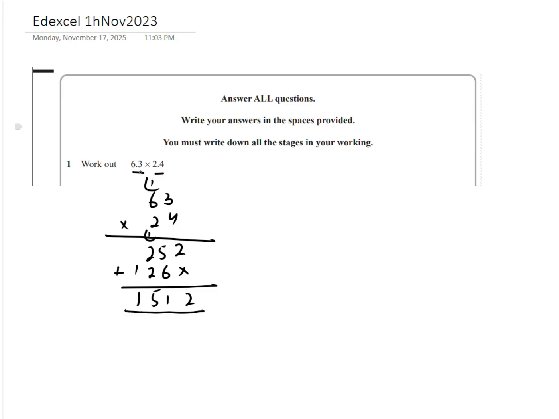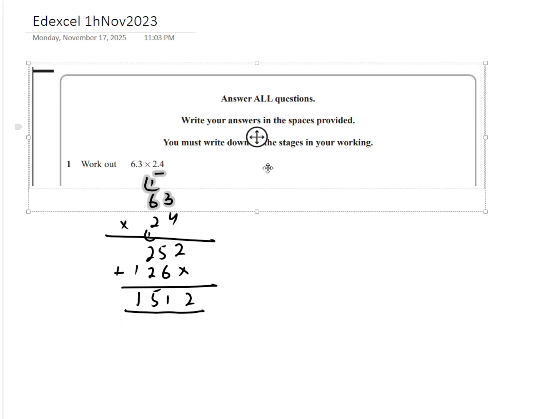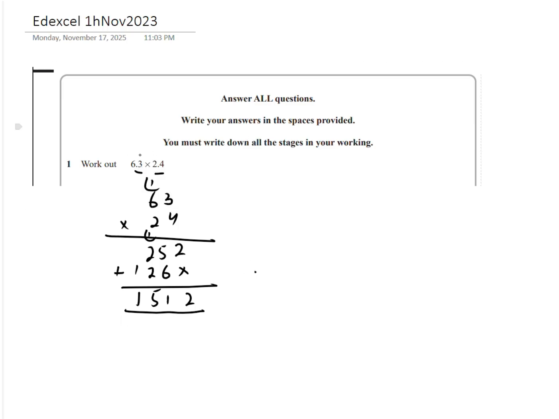Now if you remember, we had decimal points. In each number, we had one digit after the decimal point, here and here. So we have 1 and 1 digit after the decimal point. So you have to keep in mind the total number of digits after the decimal point in all the numbers during multiplication, okay? The total number of digits that you have after the decimal point should be there after the decimal point in